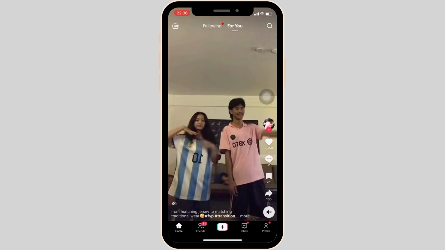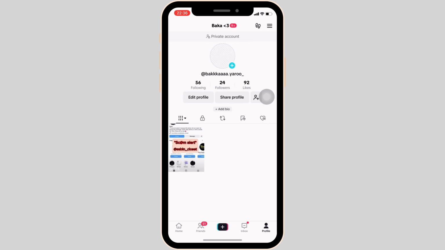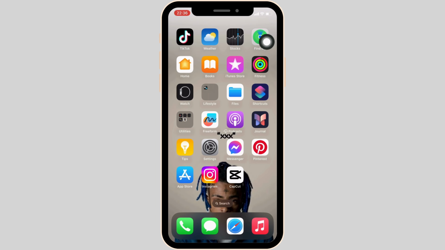So the very first thing you should know is that in order to have the live option on your TikTok account, first of all, you must have more than 1000 followers on your account. If you do not have 1000 followers, then you won't be able to get the live option. So make sure that your account crosses 1000 followers. If you have 1000 followers but still you're facing the issue, then what you want to do is go back